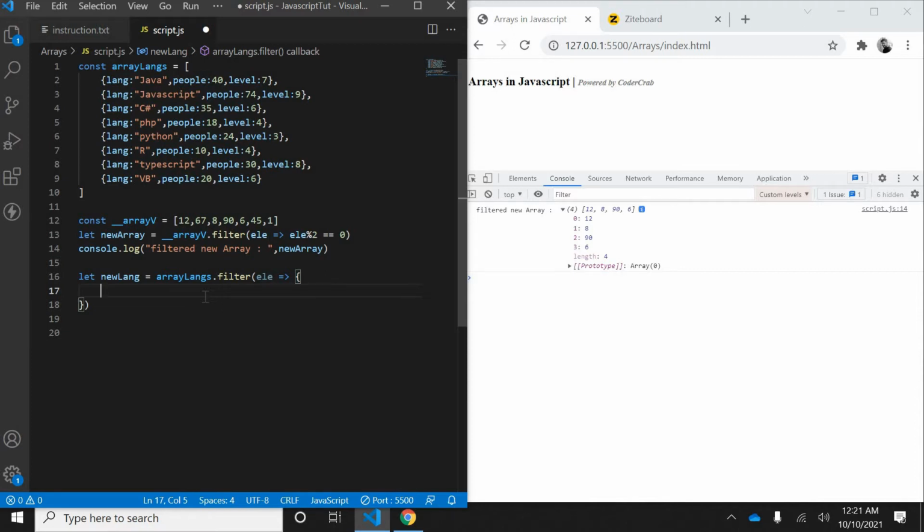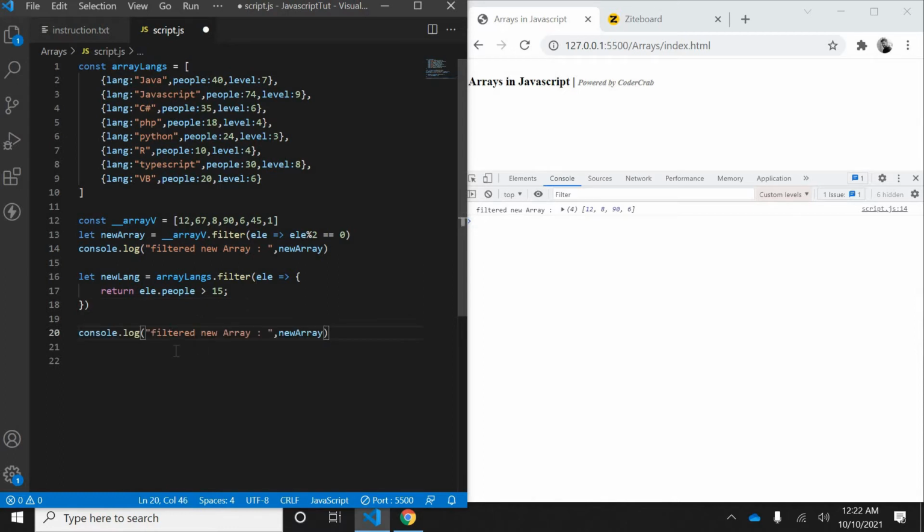In this, I can write a return statement and write my logic like ele dot people, I mean the language which is being used by more than 15 people, let's say. So I'll return it, and I will need to console it, right?